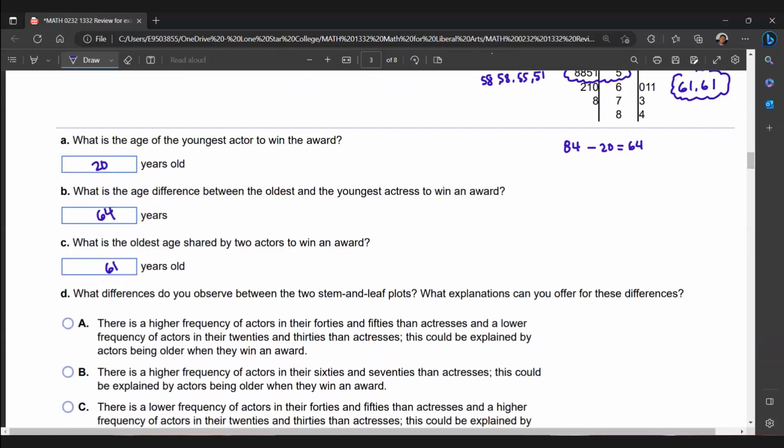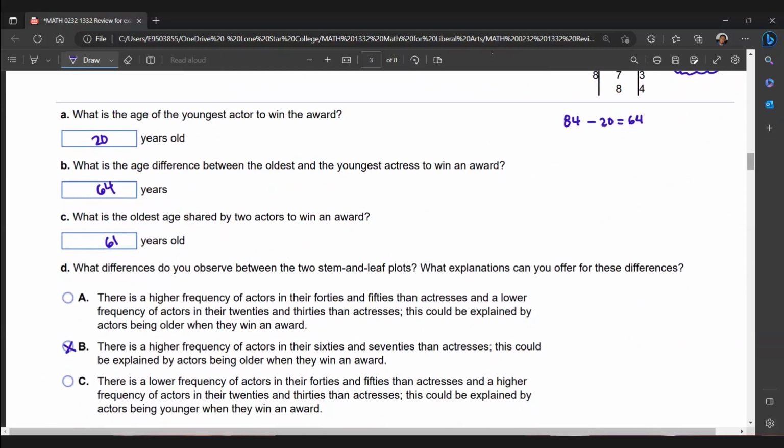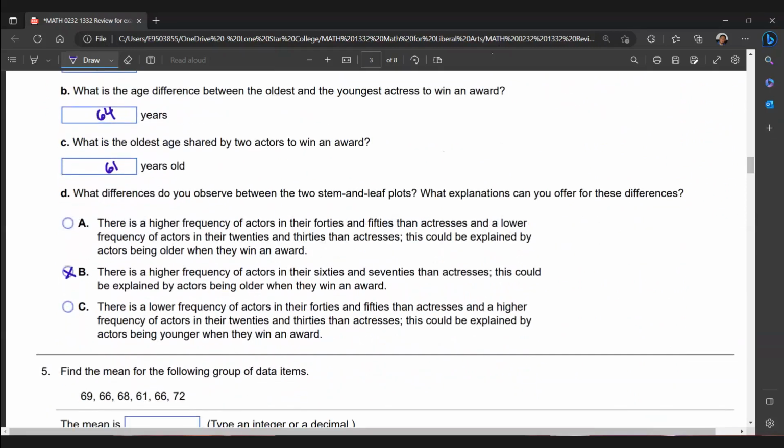Now they have the same amount, so this cannot be it, because notice that in their 60s, there are 3 of them that are men and 3 of them are women, so there is no higher frequency between any of the 2 genders. There is a lower frequency of actors in their 40s and 50s than actresses